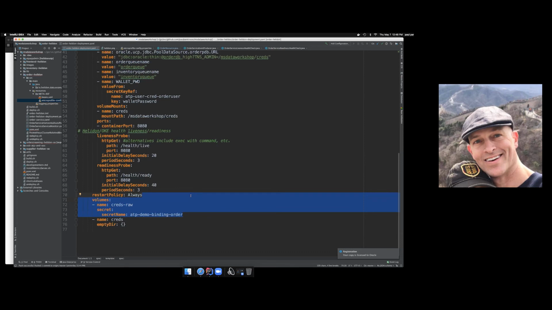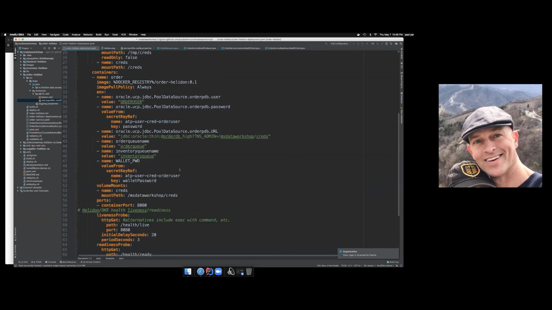So one of the resources in Kubernetes is a secret. And so this binding has all your TNS names, your wallet, et cetera, that you need to connect. So you provide the service broker with your username, the database ID, and it in return puts this secret, this binding, into your Kubernetes environment.